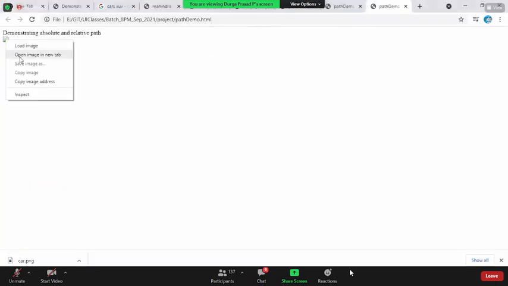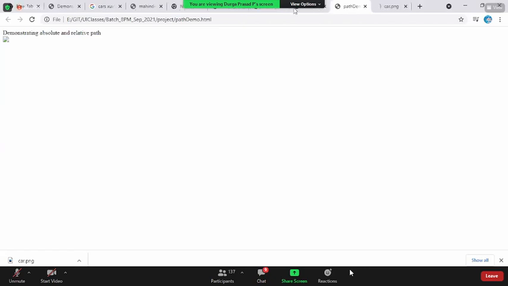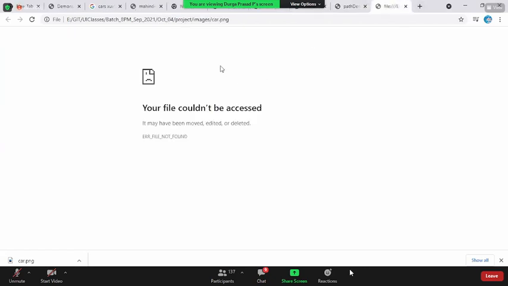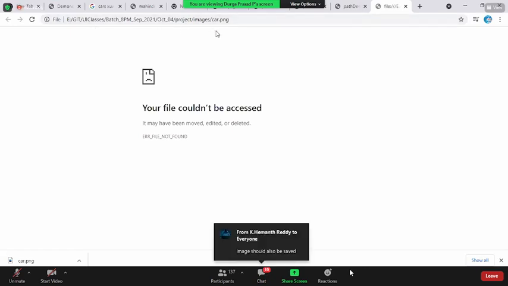If you right click on the image and open image in a new tab, the image is expecting that you have added the code in such a way that every time you access the image from E drive, Git, UI classes, etc. Why should I create an E drive? Why should I go to E drive? Why should I create a Git folder, UI classes? You have followed your folder structure, it's fine. But when I'm coming into my local version, I can place it in any folder, anywhere I can place it, right?